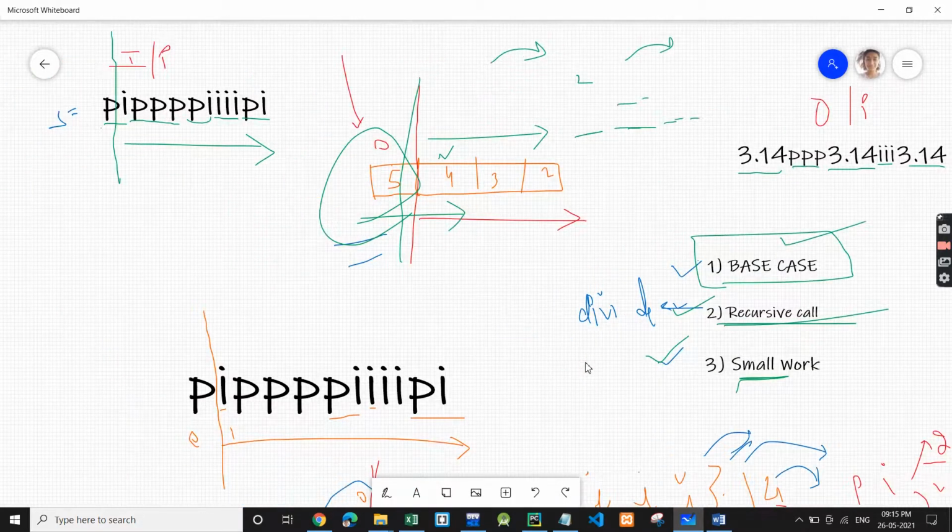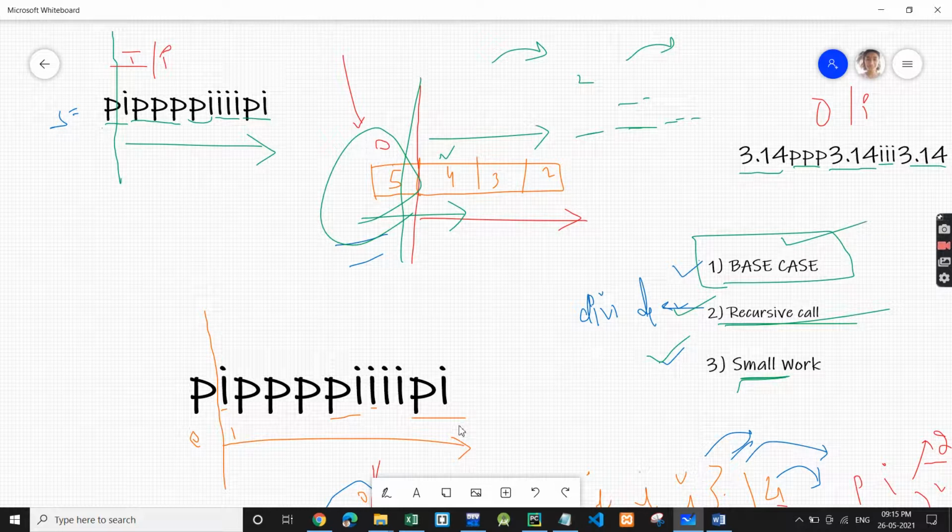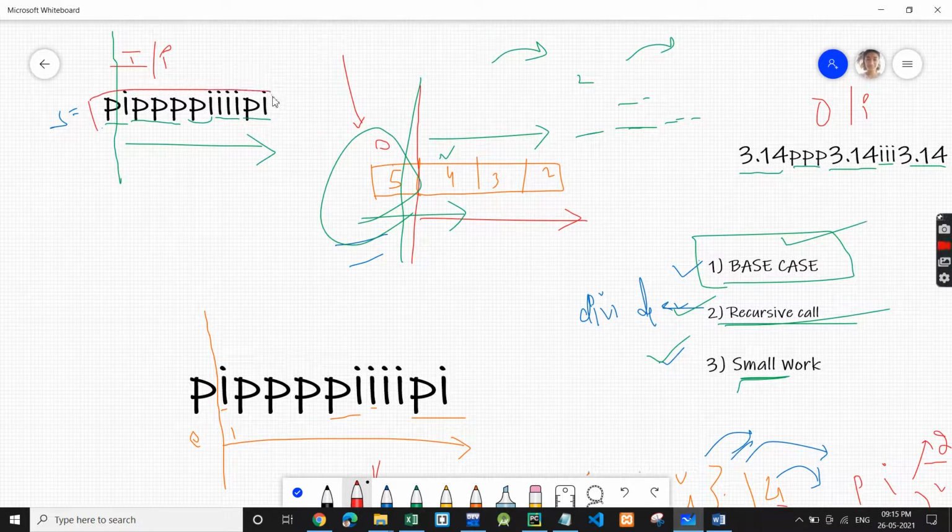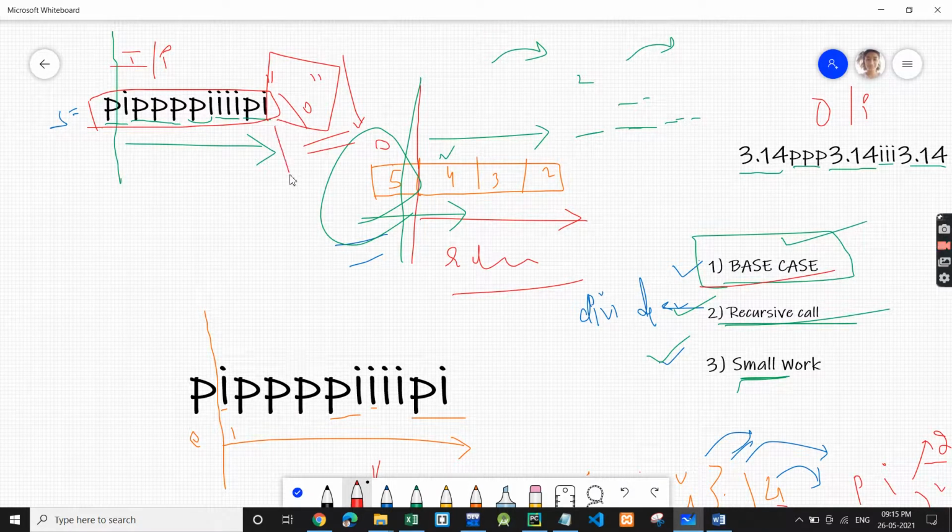So what base case will be? Usually, 80% in string cases, the base case is when you have the null character. In a character array, at last you have a null character which shows that you have reached the end of string. So whenever you encounter a null character, it means you have to just return. So this is our base case. In other languages, whenever your pointer reaches the end of the string, you can just simply return.